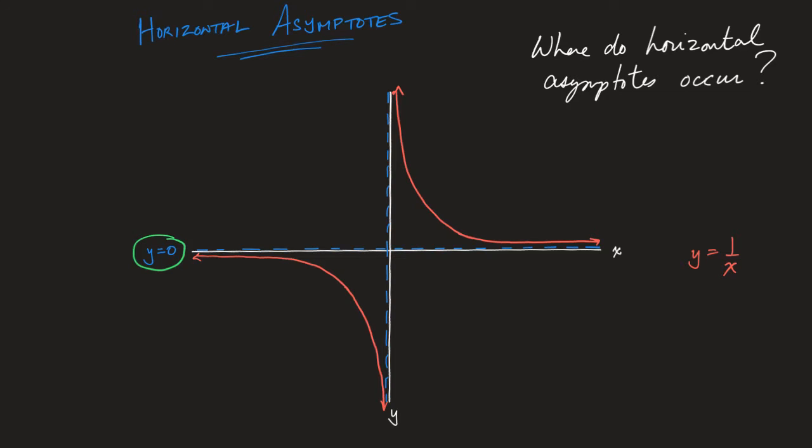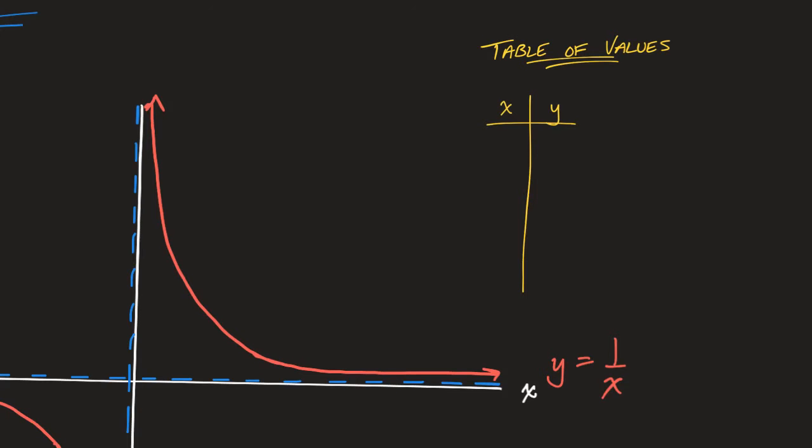What I want to do is follow a similar process to what we did with vertical asymptotes. We're going to zero in on a part of our function, and we're going to take our time, like really take our time, breaking through why that asymptote occurs. So let's jump in and let's focus in on part of that curve. So what we're going to do is walk through the table of values process that we did before. And we're going to slowly work our way examining why we have that asymptote for our curve y equals